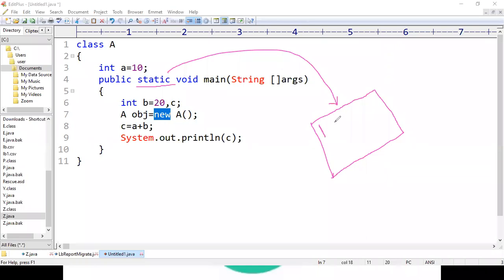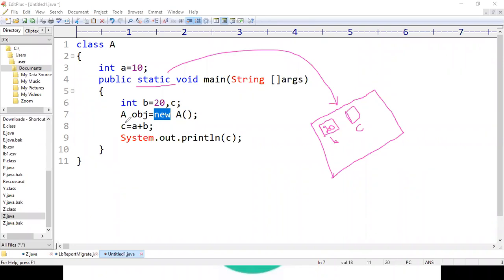If it is executing the first line, two variables of 4 bytes memory spaces will be created. The first memory space is named b and 20 will be stored inside b, and the second is for c, and there is no value inside c.